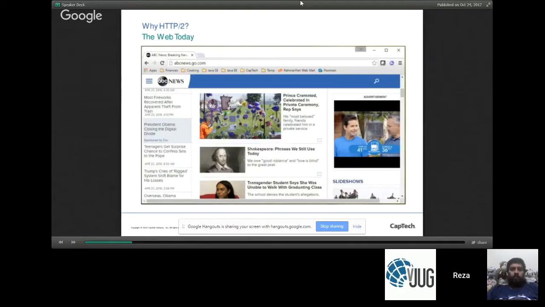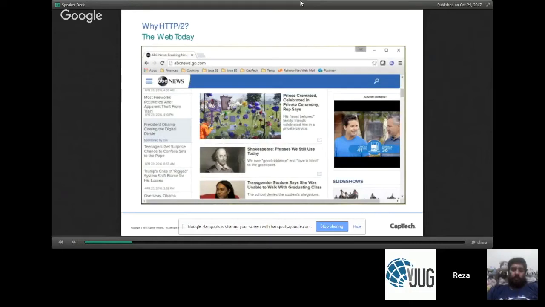In fact, Google did a little bit of a study, and on average, a single HTTP 1.1 GET request actually results in about 40 other HTTP requests before a page can render. So obviously, this is extremely wasteful.